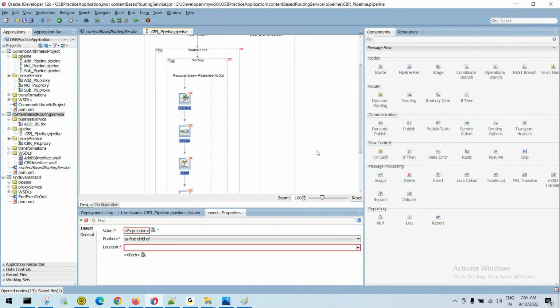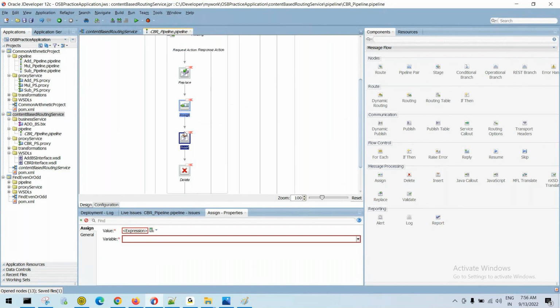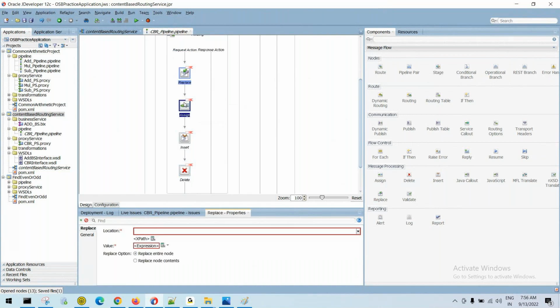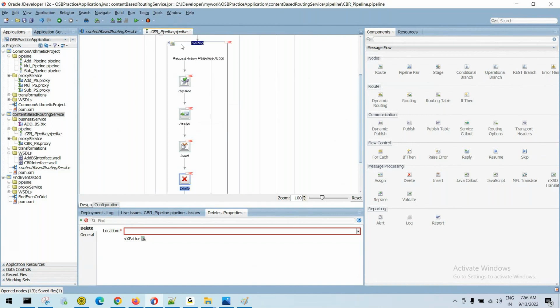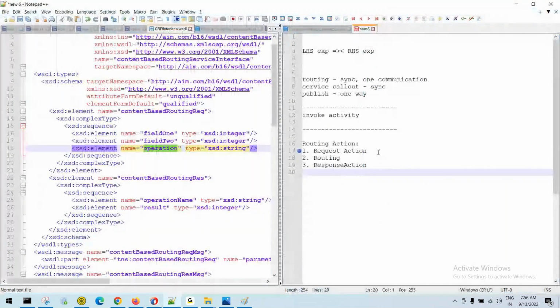This request action flow allows you to configure some business logic, and if you configure multiple actions, they will be executed top to bottom. So when you execute a routing action, first the request action flow is executed. Whatever logic you configure will be executed. This is step one. Step two is